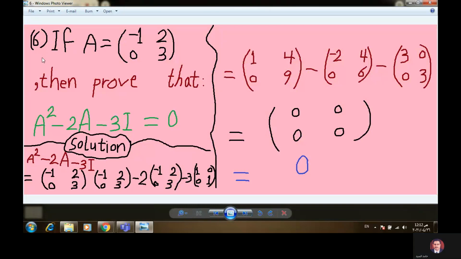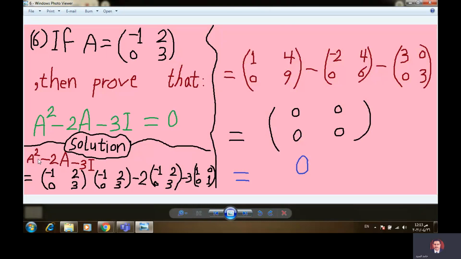Number 6. If A equal this matrix of elements negative 1, 2, 0, 3, then prove that A power 2 minus 2A minus 3I equals 0. Solution: